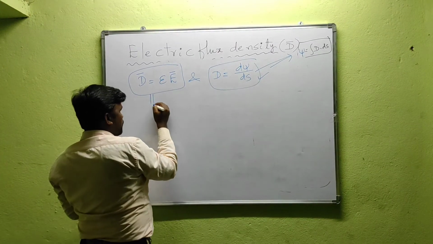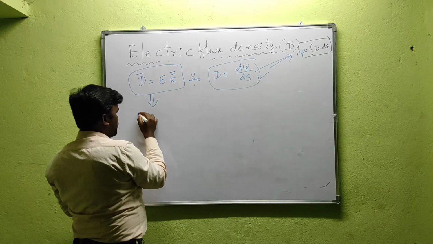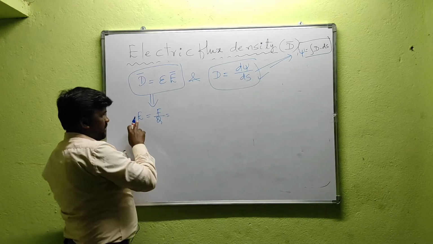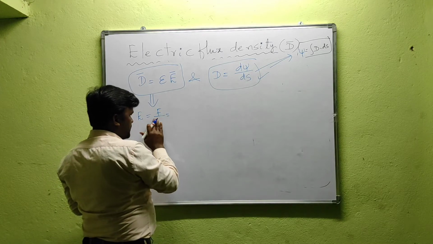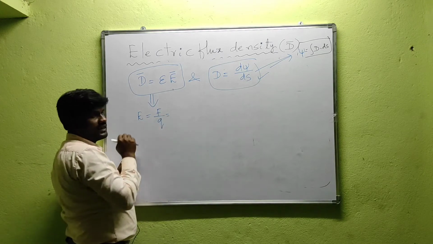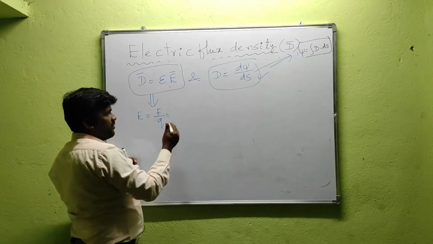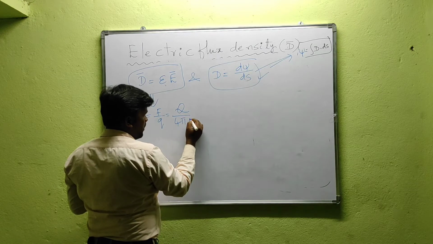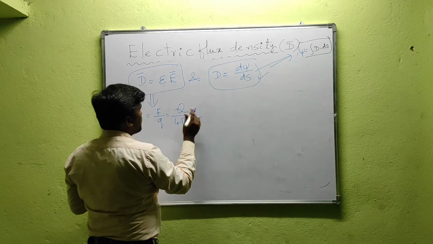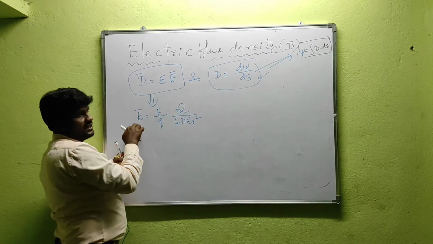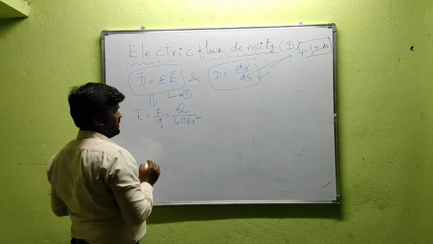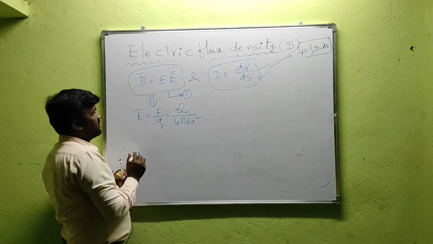We know that from Coulomb's law we defined E equal to F by Q, force per unit test charge. Finally we got E as Q by 4π epsilon R square. Let us take this expression as equation 1. Now substitute this E, which is a vector quantity, in this expression, and we will get